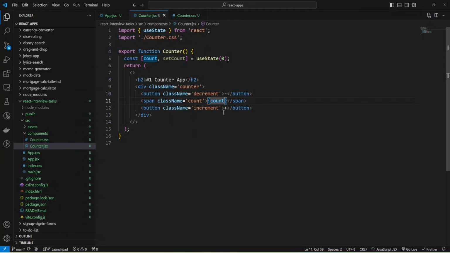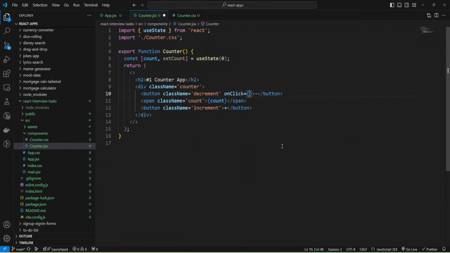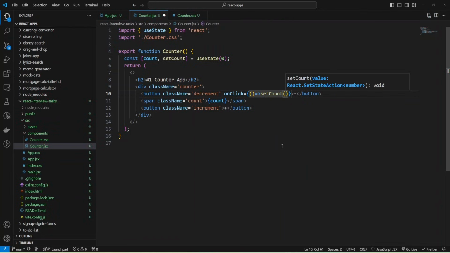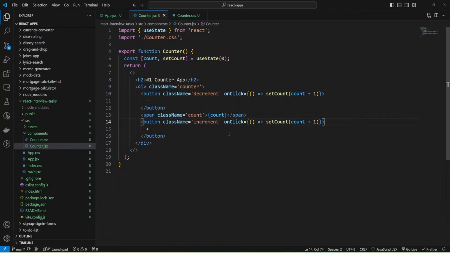And now for decrement, I'll implement function on click event handler, and will call my setCount and provide count plus 1. And also I can add the same function for increment, the same event handler.